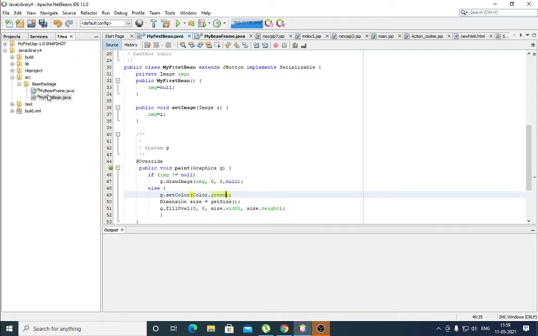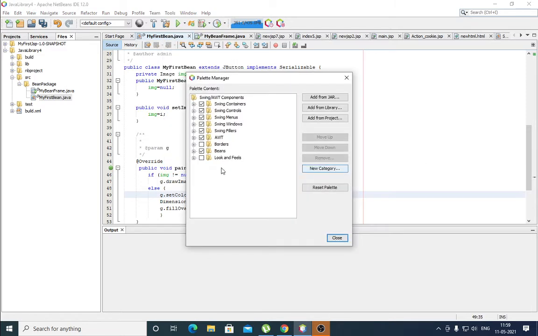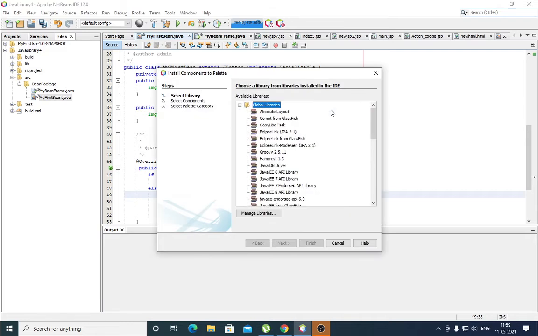After creating this bean, we have to test that bean. First we have to go to Tools. After creating this bean, we have to add it to the palette. Swing AWT components, beans, add from library.